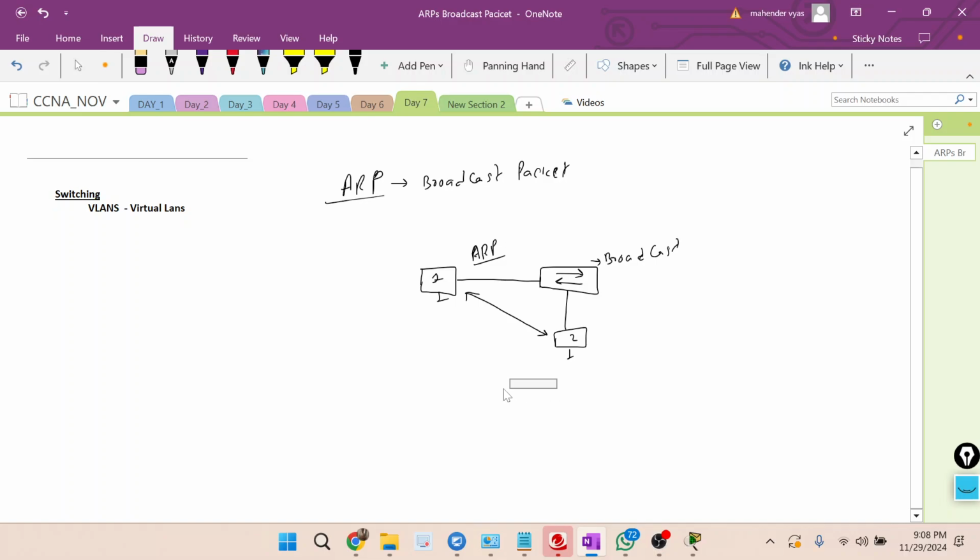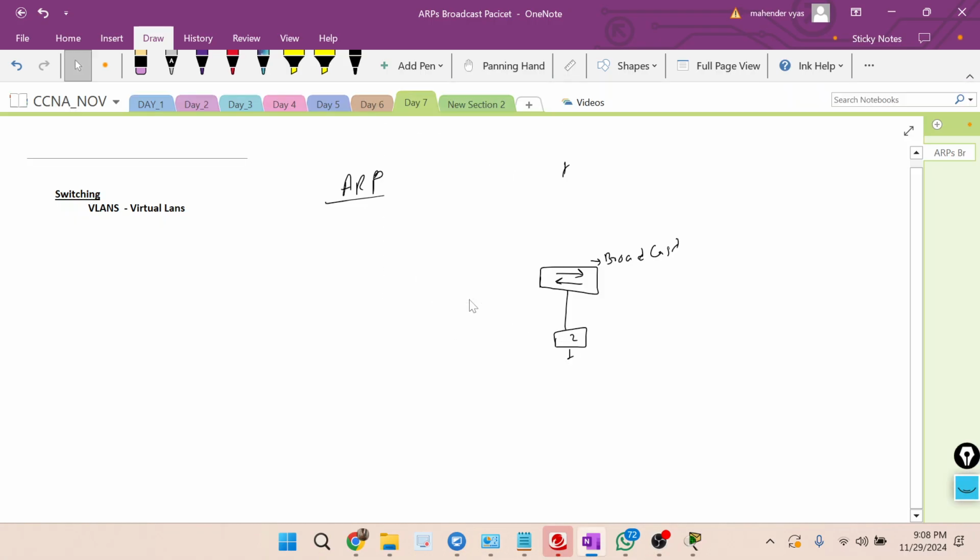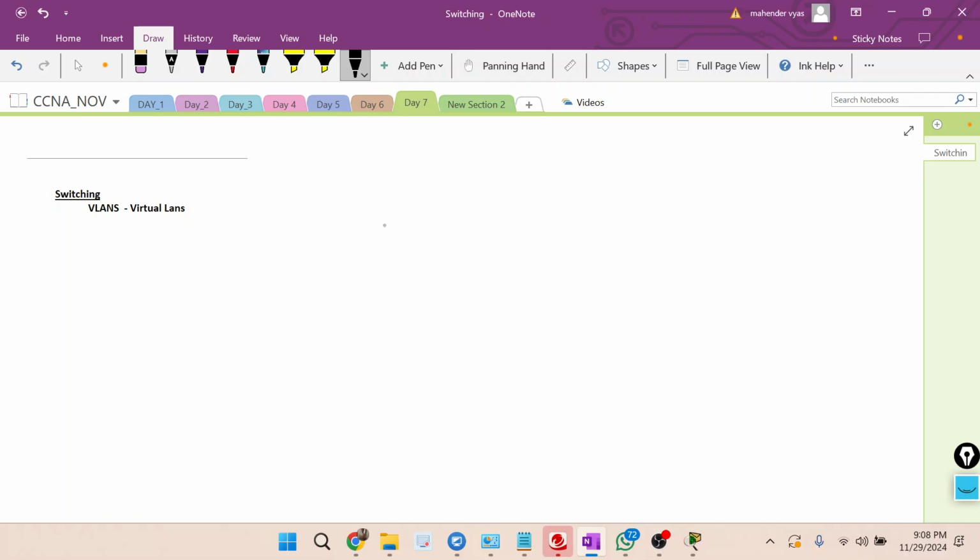So now what we can do to overcome broadcast is virtual LANs. Virtual LANs means, suppose this is your switch now. On a switch, you have three departments connected.